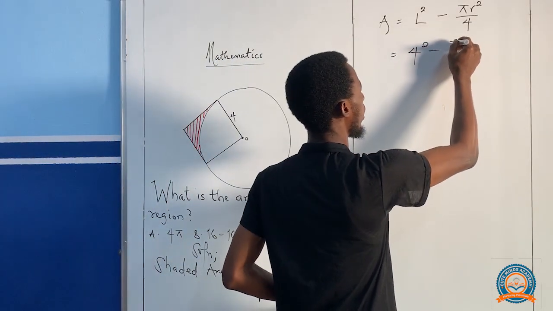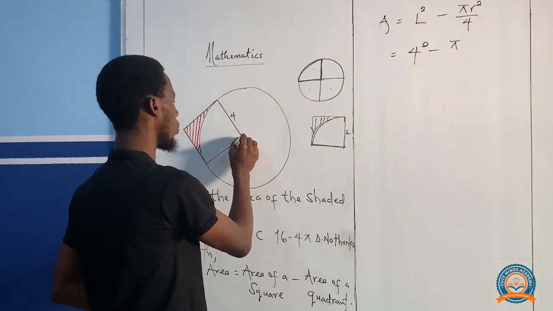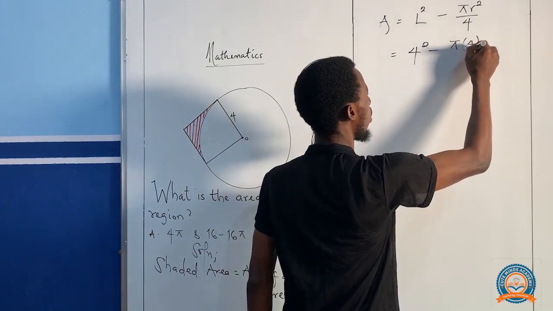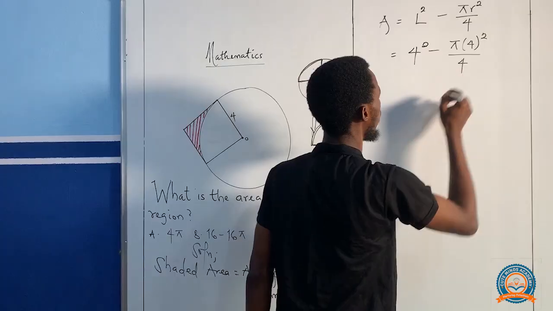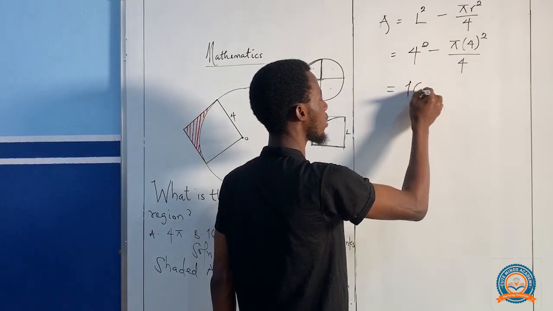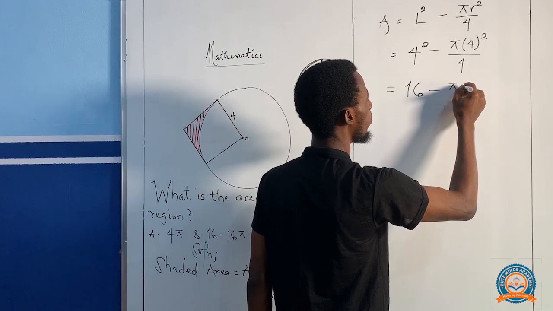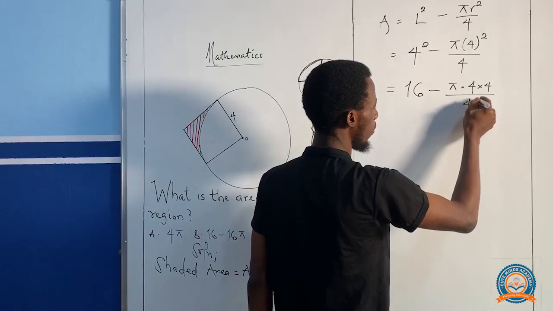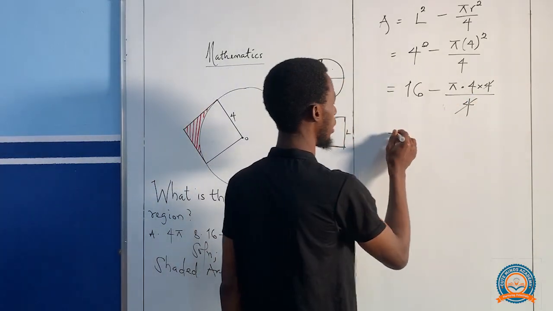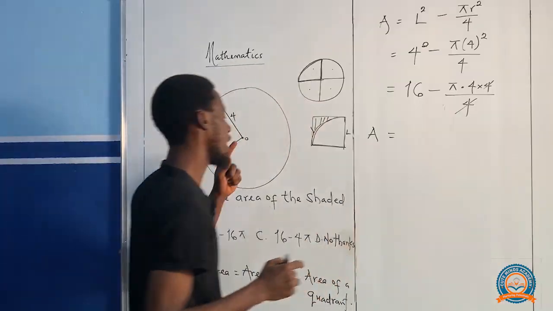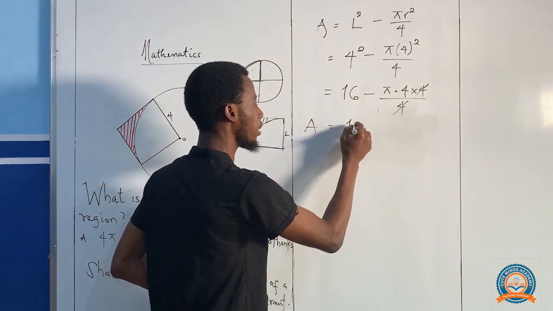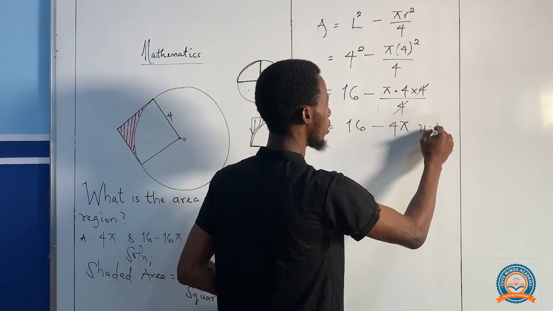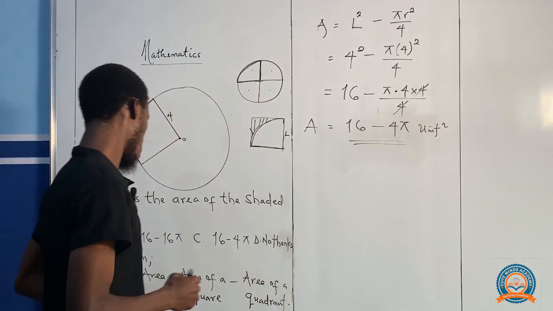So we leave pi the way it is, and the radius of the circle, which is the distance from the center to any part of the circumference, is 4. So we have 4 raised to the power of 2, all divided by 4. So the square of 4 here gives 16, minus pi multiplied by the square of 4, say 4 times 4, all divided by 4. So we divide 4 out, and the final result, which serves as the shaded area in this diagram, will now be 16 minus 4 times pi in unit squared. That's our final answer, which is